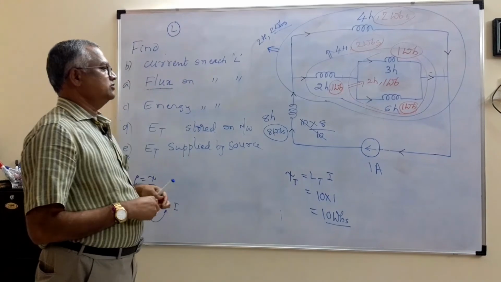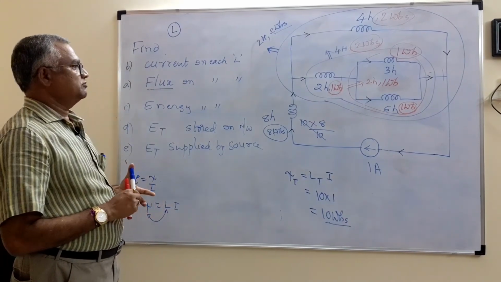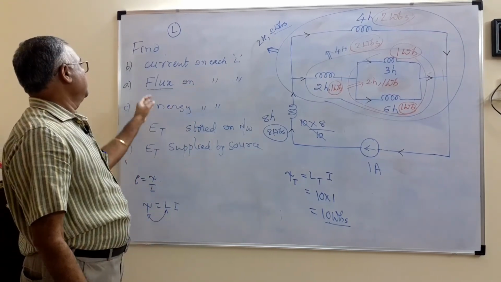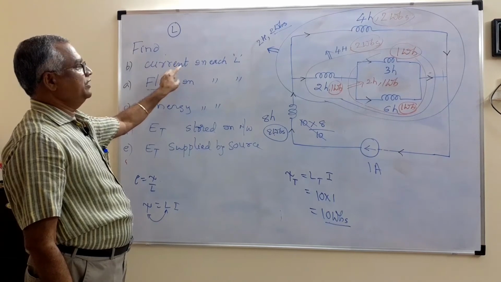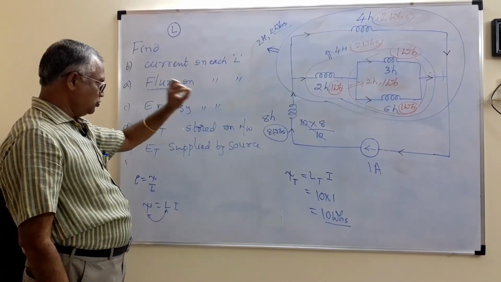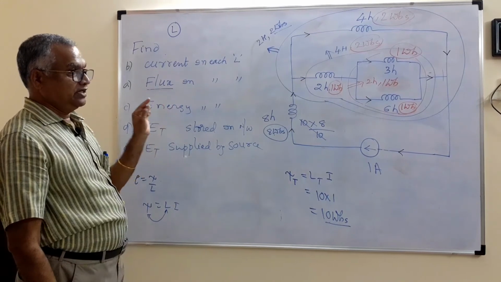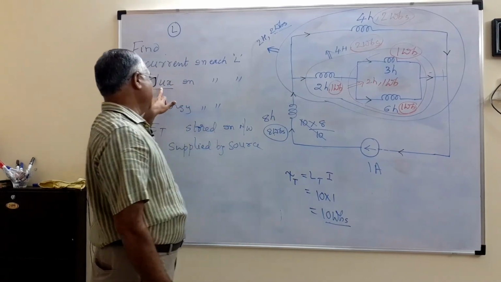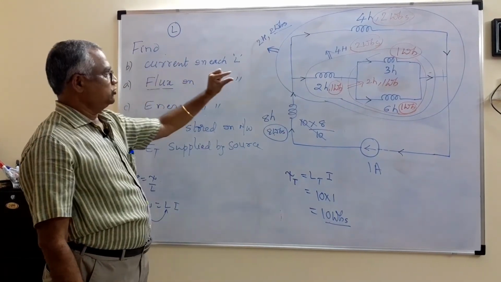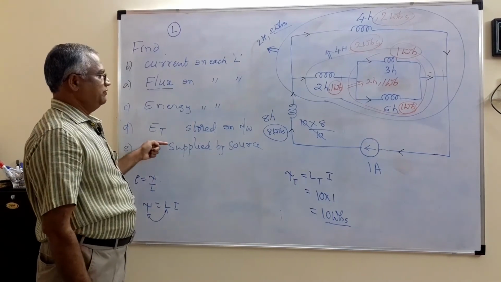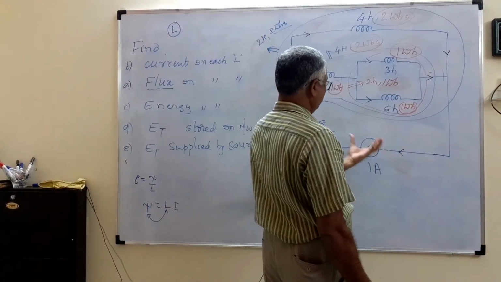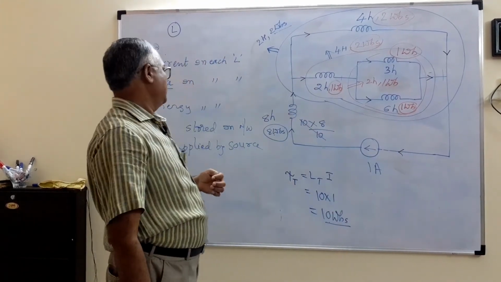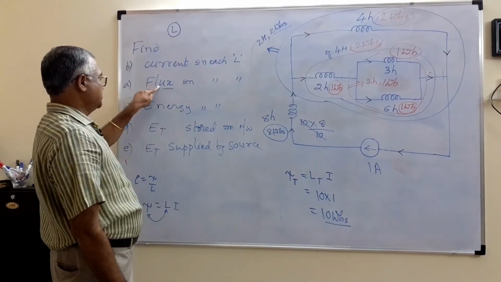How do you verify answers? Don't panic about answers. Don't ask me what the answer is. Energy law satisfied means you are correct. Current law satisfied. Current law, where do you verify? Node. Current law is always verified at a node. Flux law, when inductors are in series. In series, current same, flux dividing. So in series verify flux law, and current at node. Energy law, how do you verify? Total energy supplied by the source should be equal to total energy stored in the entire network. Like that you verify energy law, flux law, current law.